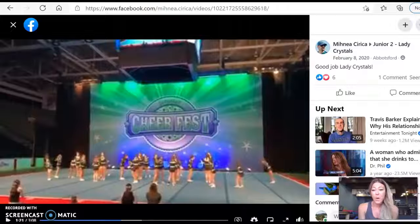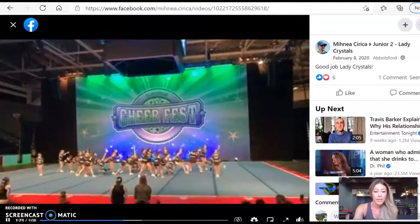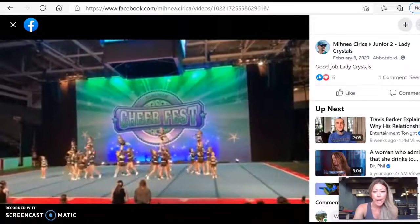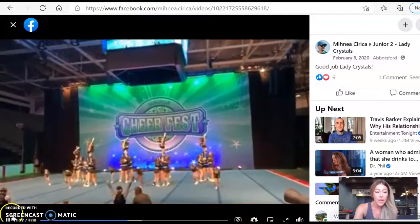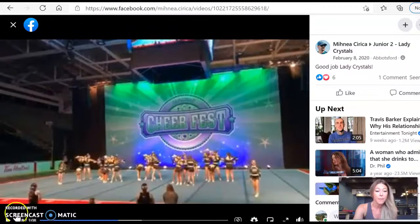Alright, so for this video I am going to show you an example and teach you how to do an inverted half up for level 2. So here we have a level 2 team. They're going to be doing a cartwheel entry into the inverted half up. You can do a back walkover, you can start on the ground. The entry doesn't matter. What we're just looking for is that they are doing a half up again from that